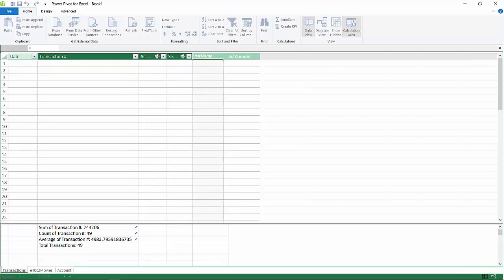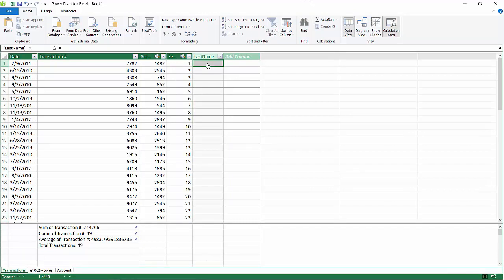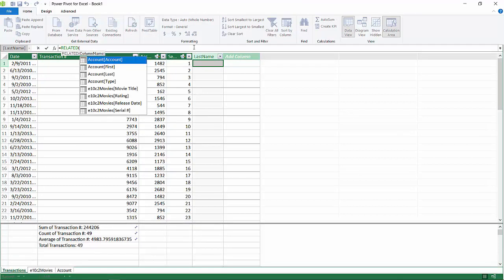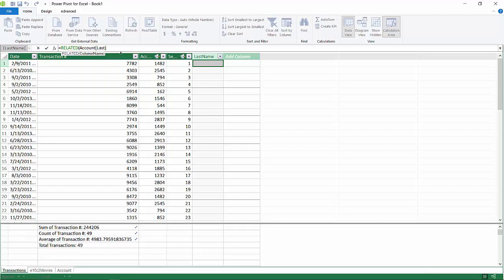So what we're going to do is go equals and start typing related. When we start typing related, it actually acknowledges that there's a relationship happening in this table. Remember, we set that up back at the beginning? So it's acknowledging there's a relationship, and it's asking, okay, what related information do you want? So remember, fully qualified structured reference, account table, last name. If I select related, account table, last name, it's going to look at the relationship, which is 1482. It's going to track that back to the account table, and it's going to tell me,